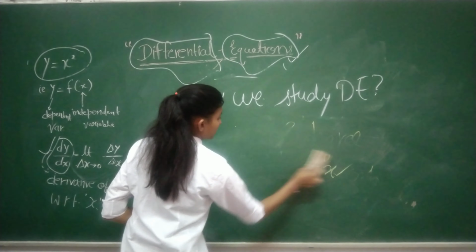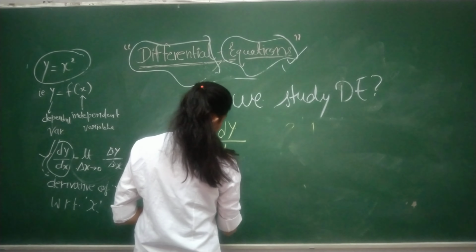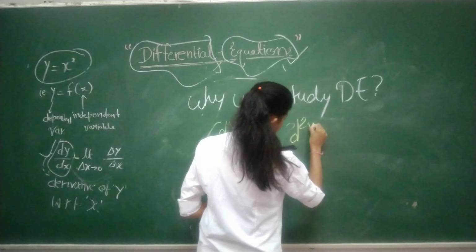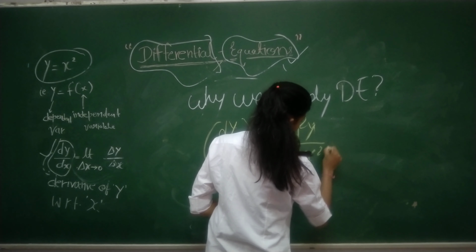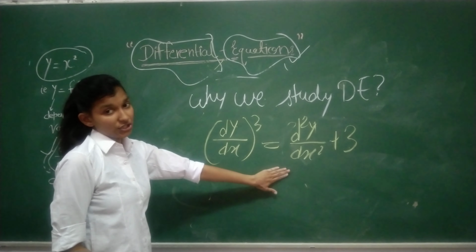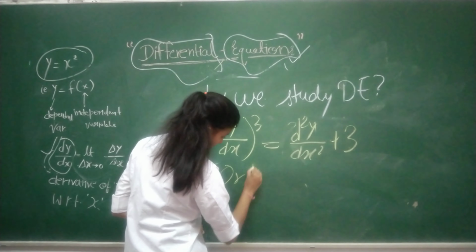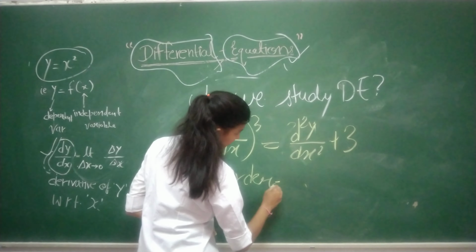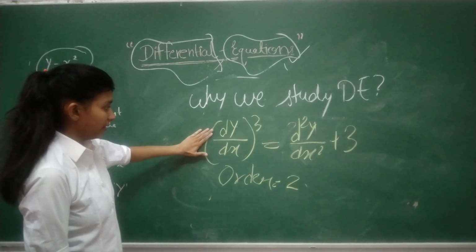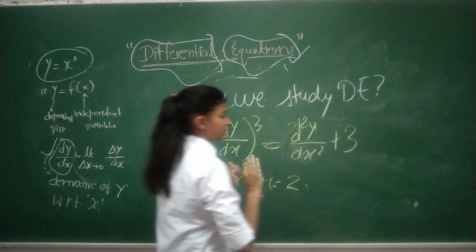Let us take an example. Here, the highest order of differentiation is d2y by dx squared. Then the order of this equation will be 2, and it is clear that it is polynomial in dy by dx. Polynomial means just not